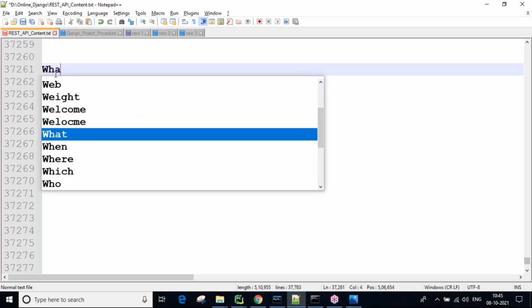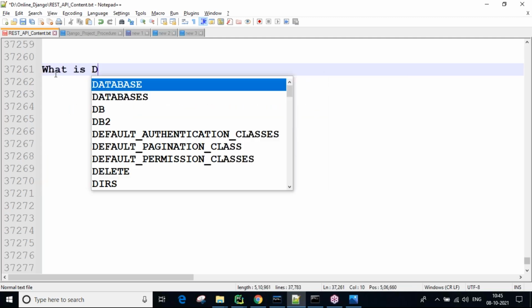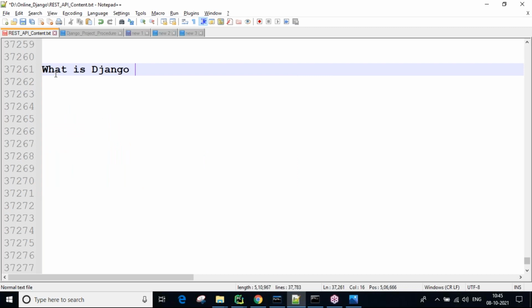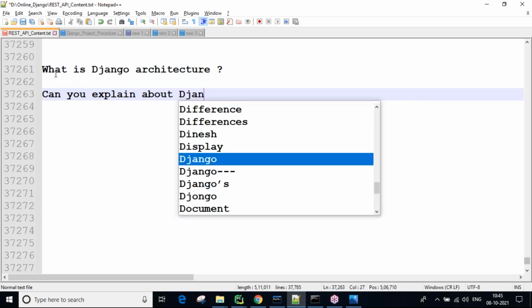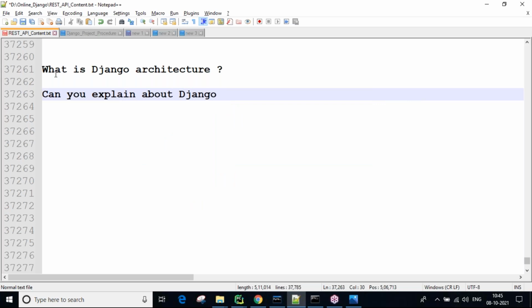So here the important question is: what is Django architecture? Can you explain about Django architecture? This is the question you are going to get most of the time, guys, when you are attending interviews.